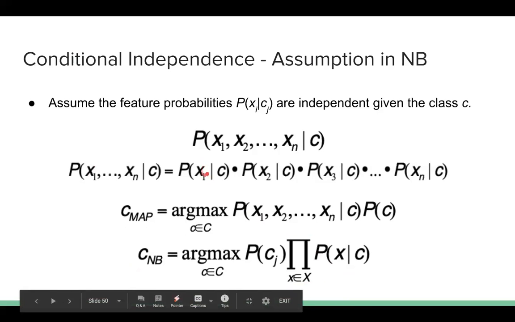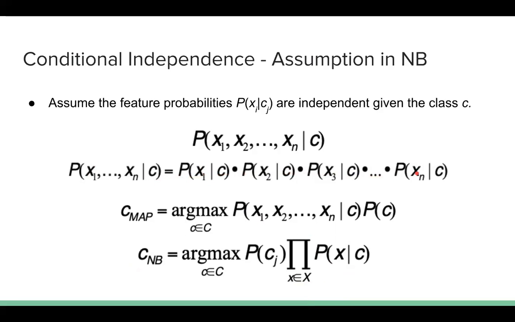So what this formula will convey to us is that given the team is winning, what is the contribution of this feature? Given that the team is winning, what is the contribution of the second feature? Given the team is winning, what is the contribution of the third feature? So like that, how each and every feature is contributing towards the winning of the team. That is what exactly we are trying to capture in the naive Bayes algorithm. So you need to be very careful that the naive Bayes algorithm will work based on this assumption that all the features in the dataset are considered as independent features.